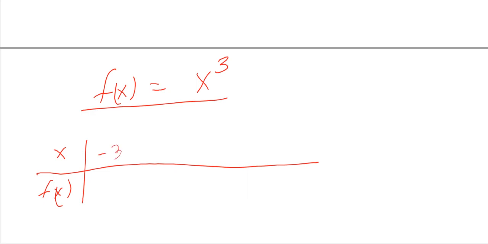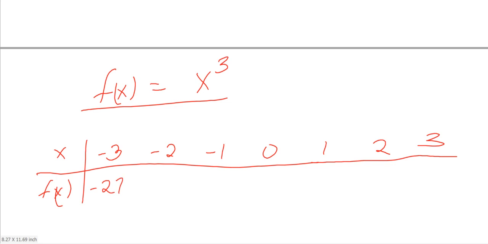Let me start from minus 3, then minus 2, minus 1, 0, 1, 2, and 3. So minus 3 cubed is minus 27, minus 2 cubed is minus 8, minus 1 cubed is minus 1, then we have 0. 1 cubed is 1, 2 cubed is 8,